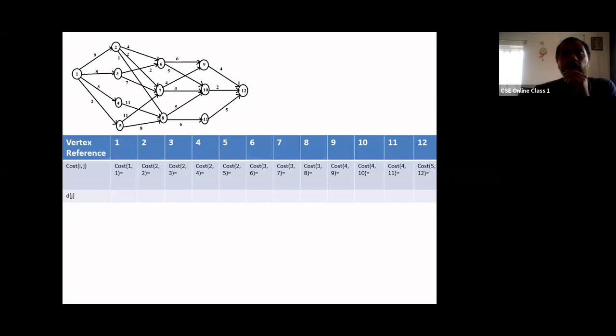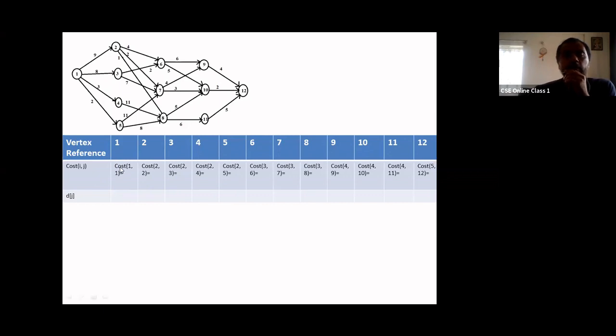If you represent D of j, suppose j is 7 and 7 wants to connect to 10, we can mark D of 7 as 10, so it is connecting to 10 in our shortest path. We'll fill this table as and when we find the values. Ultimately this table will give us the complete flow, how exactly we can find the shortest path from source to sink.